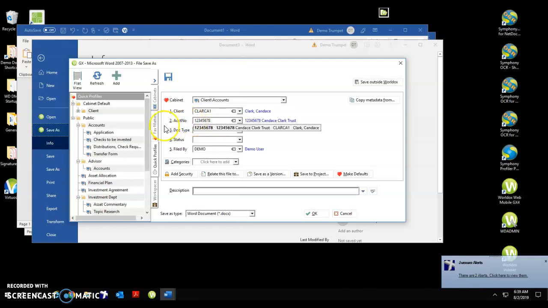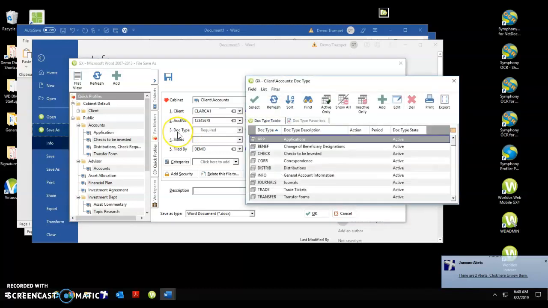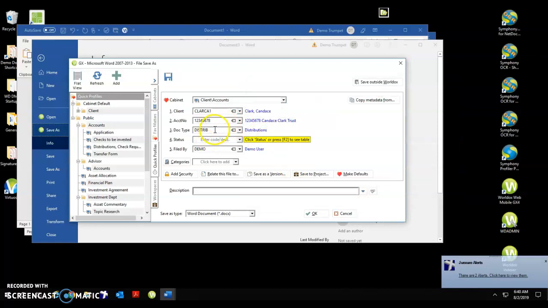Again, I could also choose that hyperlink on the left-hand side. By doing this, which I'll do for the doc type, I can select the three-dot doc type button and get presented with what's called a code lookup table. Every code lookup table has two values: the doc type code, which is a short form, and the doc type description, which is a longer description for that key. To select transfer form or distribution, I can simply double click here,